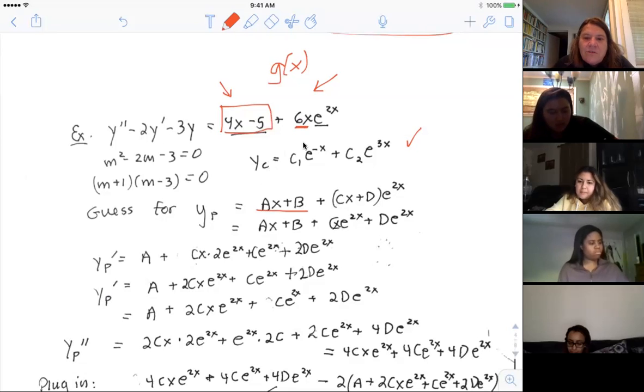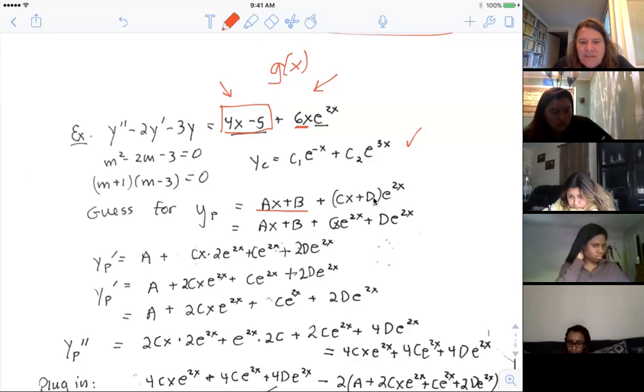Now, this one's a little different. It is an e to the x, but it's also a polynomial times e to the x. So I have to account for the polynomial and what it would do with the e to the x. So it's also linear, and I'm going to replace that with the generic thing I think its derivatives have to come from, and that's going to be cx plus d. Before I realized what I was doing, I put cx plus d here, that's linear, and then it's times the e to the 2x. Your book would have written ax plus b plus cx plus e here.